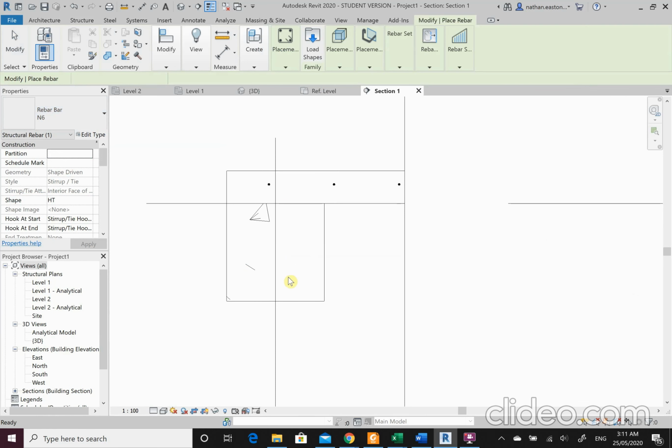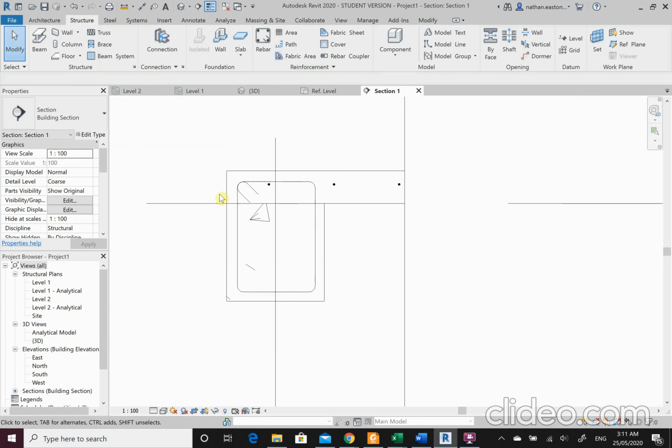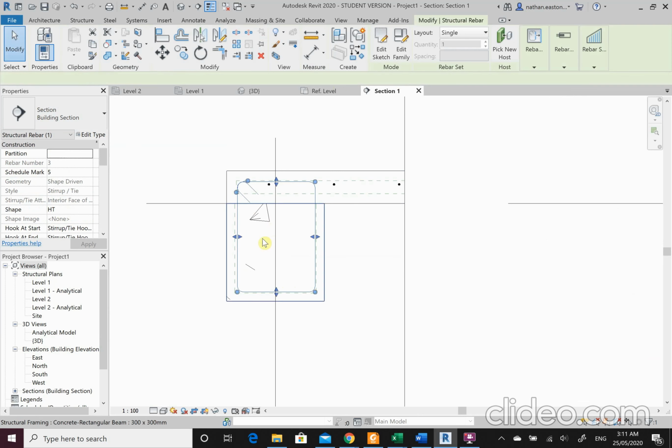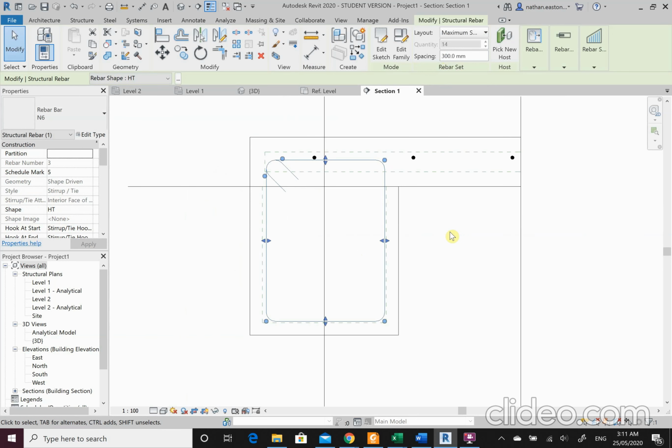So N6. Here. Make sure that rebar set hasn't changed. Sorry. So modifier. Click on the ligature. Change it up in here. Maximum spacing 300, and I'm just going to drag this down to the bottom of my mesh. Okay,